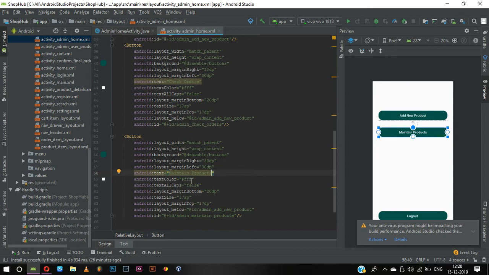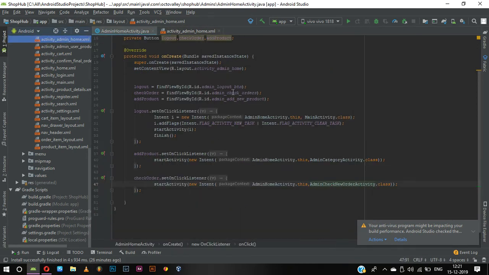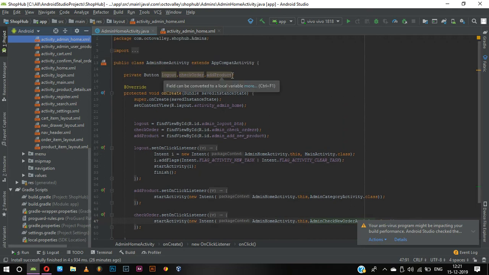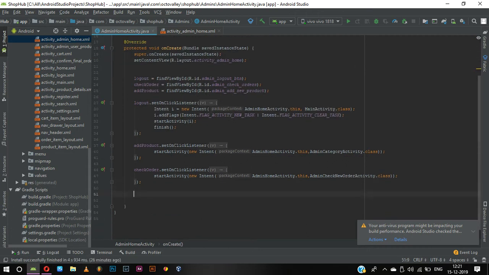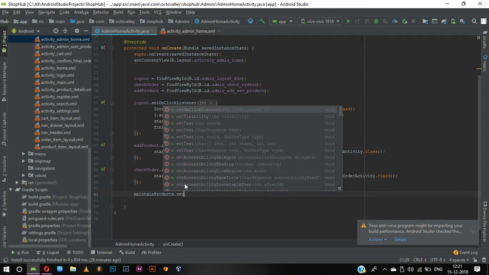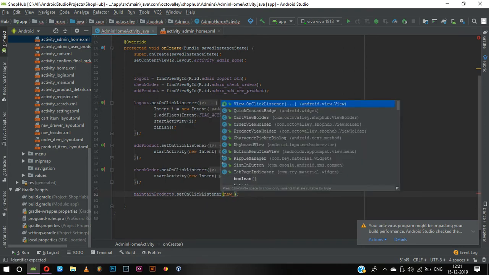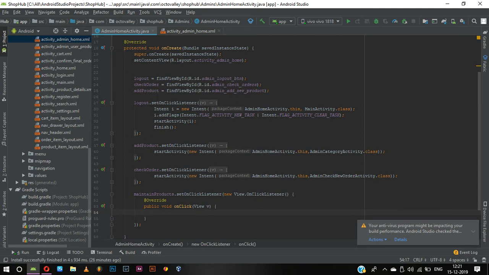Now we can bring it down: the admin check orders, copy it and paste it here. Yeah, now it's perfect. Now we can set the on click listener here. We have one more button now, which is maintain product. Here we can go to maintain products dot set on click listener. Now we can set on click listener, and here we can just send them to